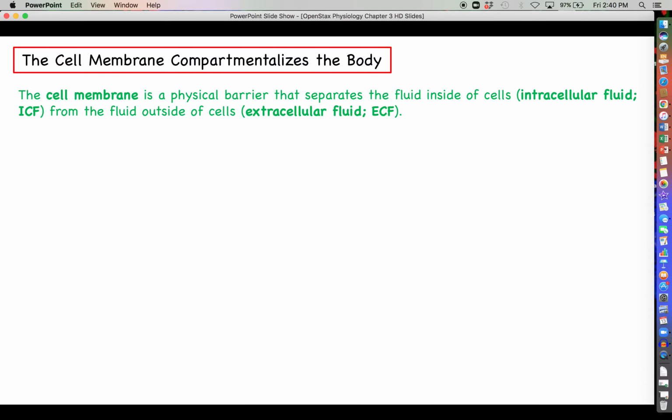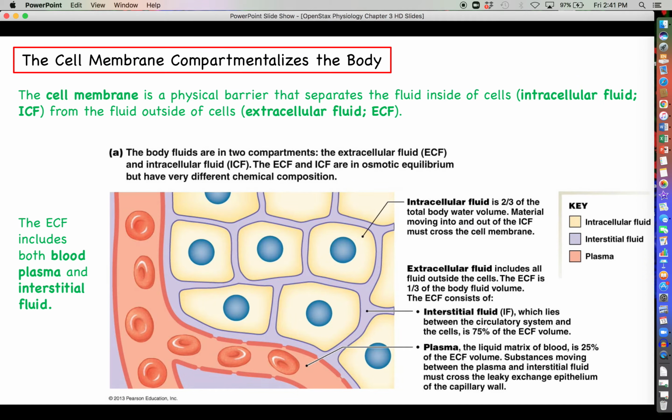So we've got two different fluid compartments that are separated by cell membranes that every cell in your body has. If you look at this illustration, you can actually kind of see what we're talking about here. So you see various different cells which make up some tissue. We're not necessarily specifying in this picture, but you see in yellow here, we've got the intracellular fluid, the fluid